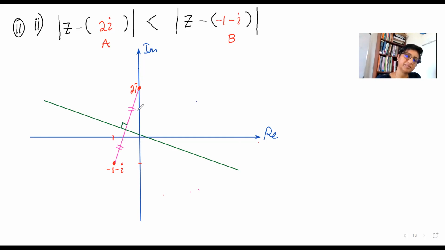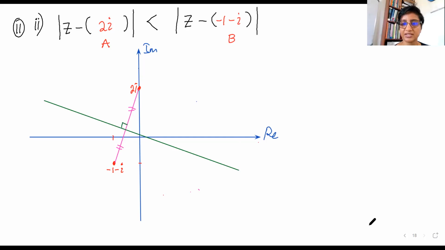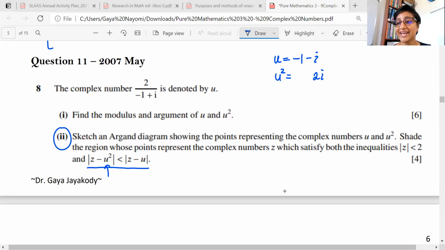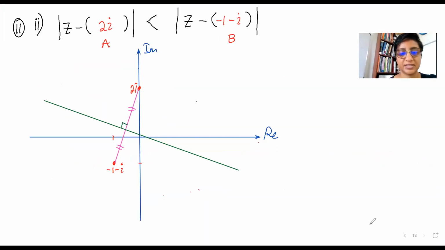I mean my like perpendicular bisector. Oh, there is a circle too. Where? Were there two conditions? I did not see that. Oh, wait. Shade the region whose points represent the complex number z, which satisfy both inequalities, this and this. Oh, this and two. One is, the other one is,